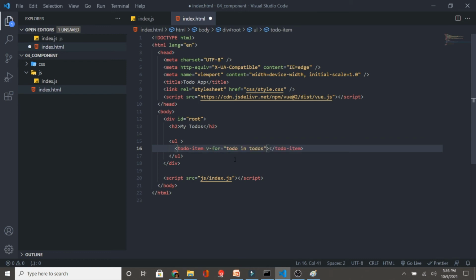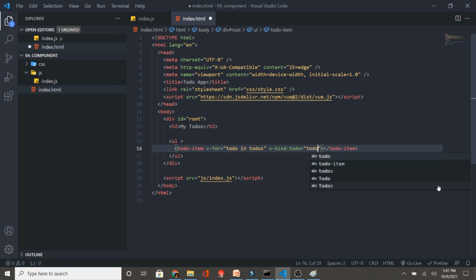So what you have done is you are iterating all the to-dos, taking one to-do at a time, and you will be passing the to-do as props. How are you going to pass this particular to-do as props? You will be binding it. So you are binding this using todo, and I'm naming it as it is, guys. For the naming convention, please make sure that you keep a consistent name.